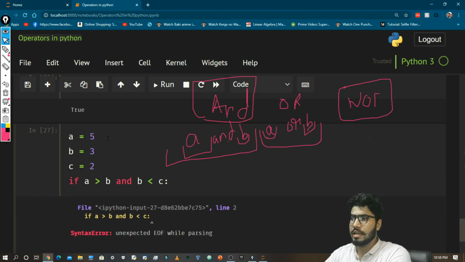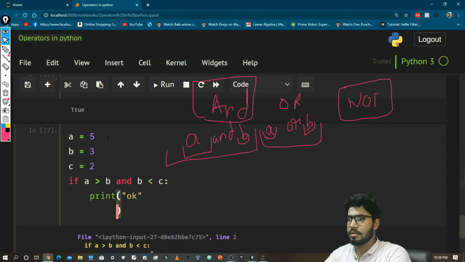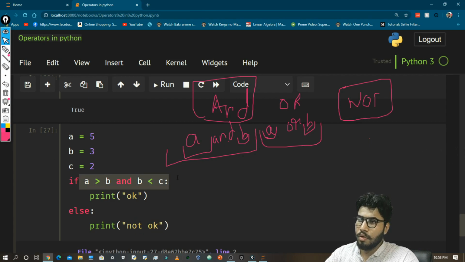So now you can see that if the condition is true, print okay, else print not okay. Because if both these statements are true, then it is going to print okay, otherwise it is going to print not okay.